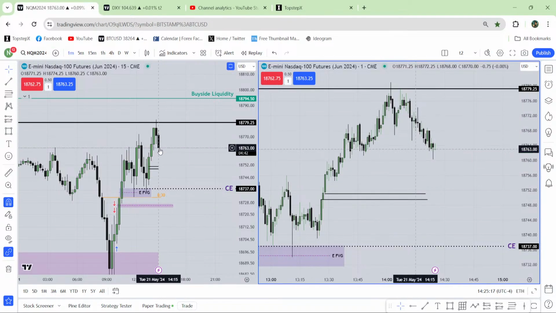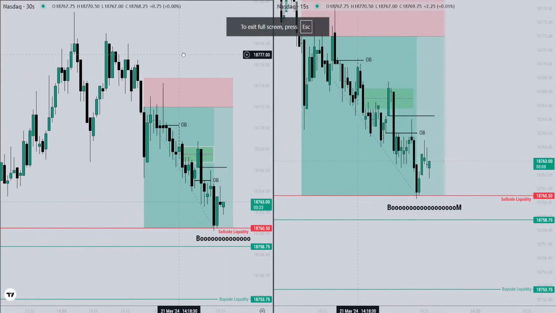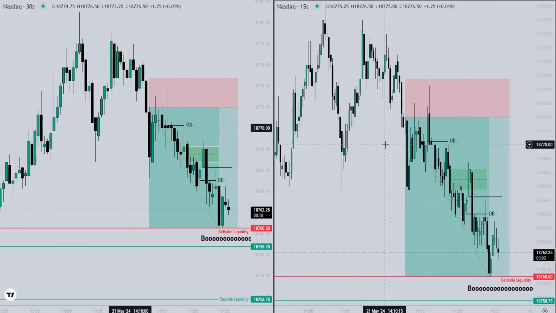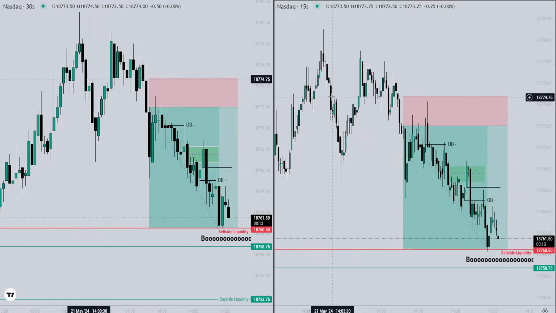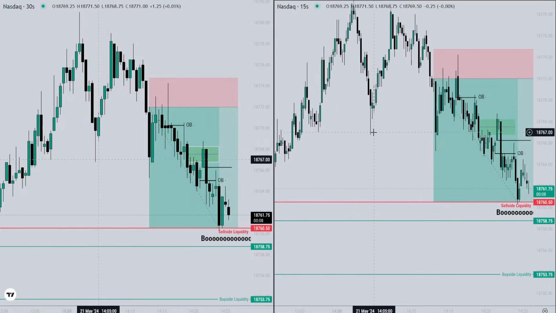Over here, you can see just a run after the rejection block rejected price. Look at this 1 minute chart. From the 1 minute chart, it's really difficult to trade. But as I told you, after taking some kind of obvious liquidity, you always go to your 30-second chart or 15-second chart. Either way, you will get a setup. Any of these charts will give you a setup. That's for sure. If you see this market structure shift, fair value gap entry, your stop loss will be above this high. This relatively equal low, perfect.